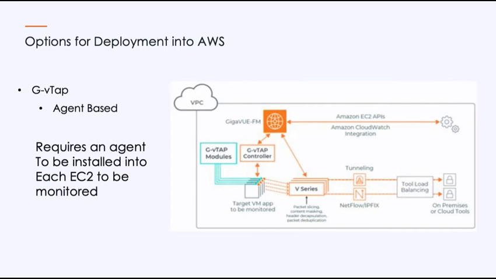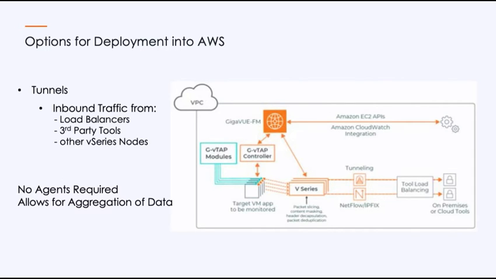When we deploy into AWS, we have to make a decision on how we are going to get the traffic. If we're using older legacy type EC2 instances, then we may need to deploy a GigaVUE Tap, which is our agent-based solution. What that does is install and then send that traffic off to the V Series controller. The next option would be to take a tunnel, which would be inbound traffic from maybe a load balancer. We can ingest traffic from other third-party tools. And what's more exciting is the ability to take it from other V Series nodes,